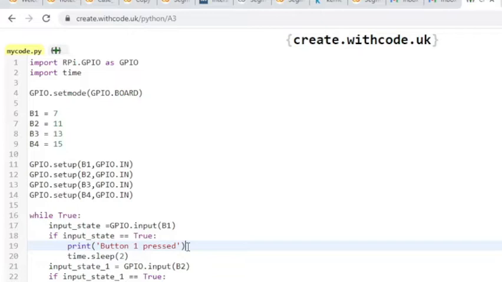Now here we will interface 4 different switches. I have already explained how to connect a single switch with Raspberry Pi. In the same way we can use multiple GPIOs and connect a number of switches. So basically I have connected my push buttons, or you can say switches, with pin numbers 7, 11, 13 and 15. So I am setting the direction as input for all these pins.